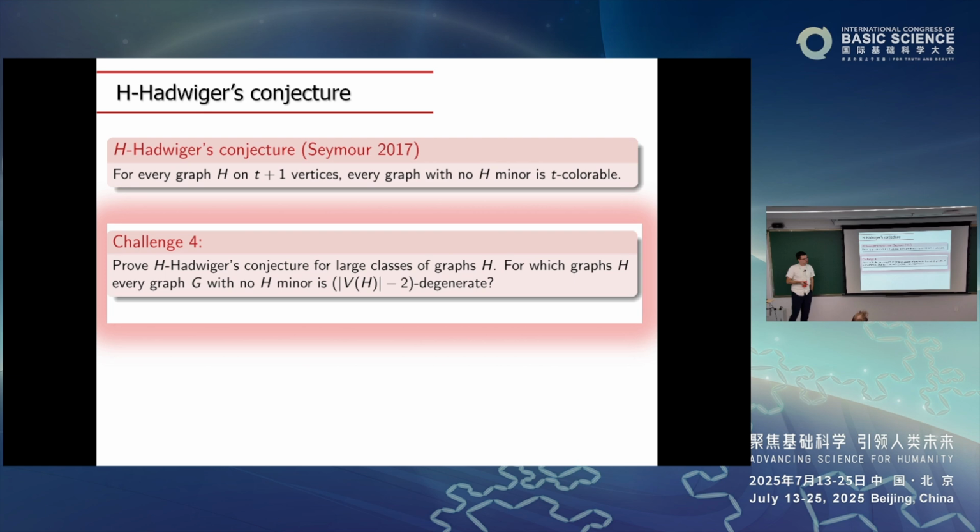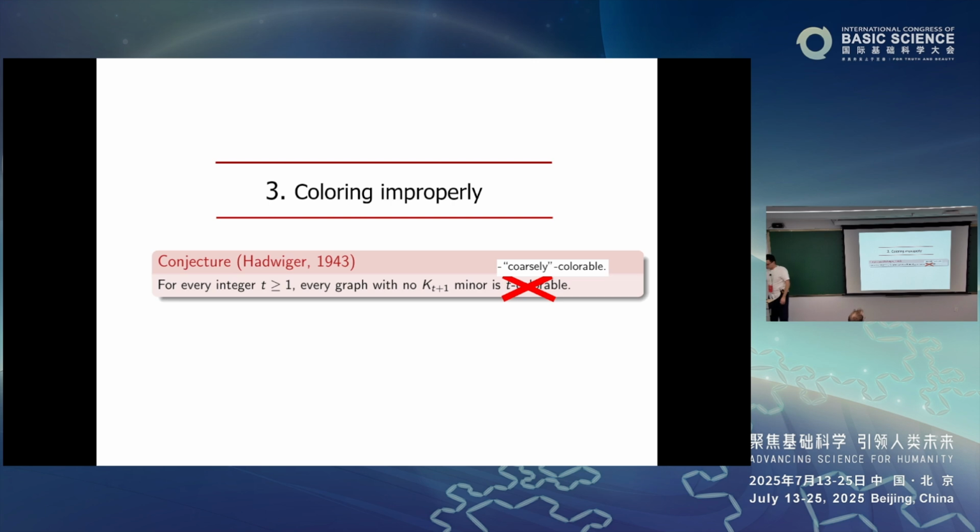And potentially, can you get even closer to the characterization of graphs H for which degeneracy works? So that's a second direction, where we think of our graph as one where we exclude not a complete graph, but specify it. It seems like you need to specify a fair bit. Okay. So let me talk about a third direction.